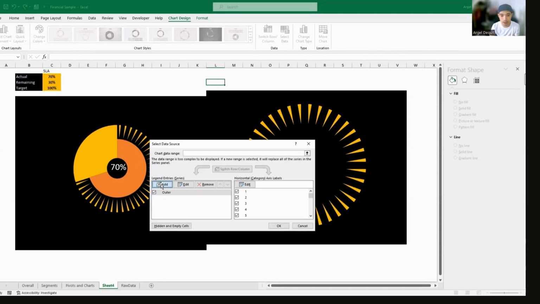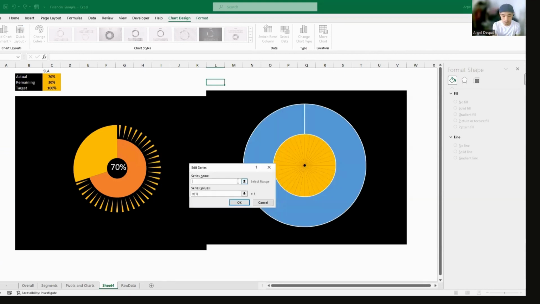Go to add, click on add, let's say remaining. Now we're not putting any ones here. Make sure that you will be adding the right data in here. Click on the arrow and choose actual and remaining. Those are the only two numbers that we need here. Click on OK.